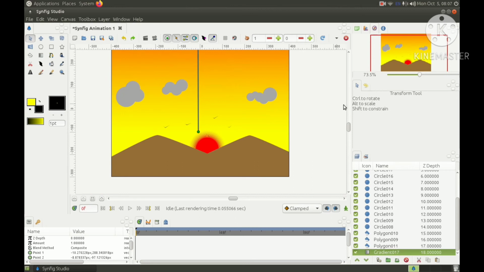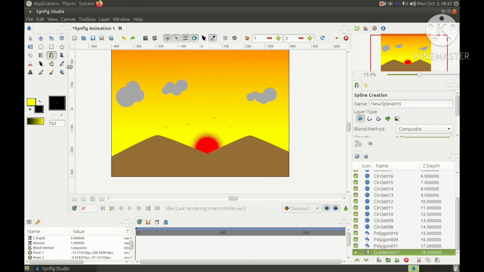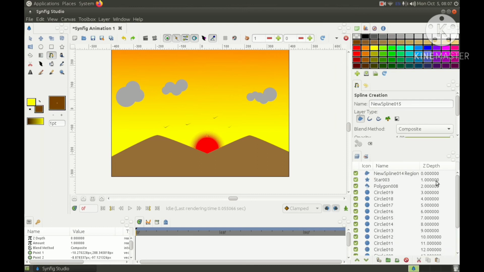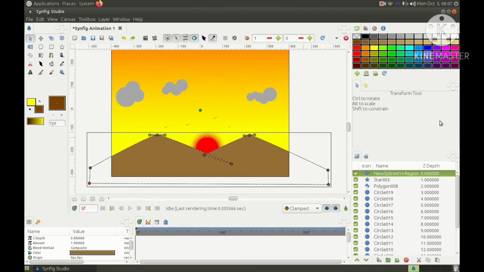Okay, now I want to create a tree over here. So again I'll select the SP-line tool. From here I'll select the trunk color. I'll select a dark color and start creating.